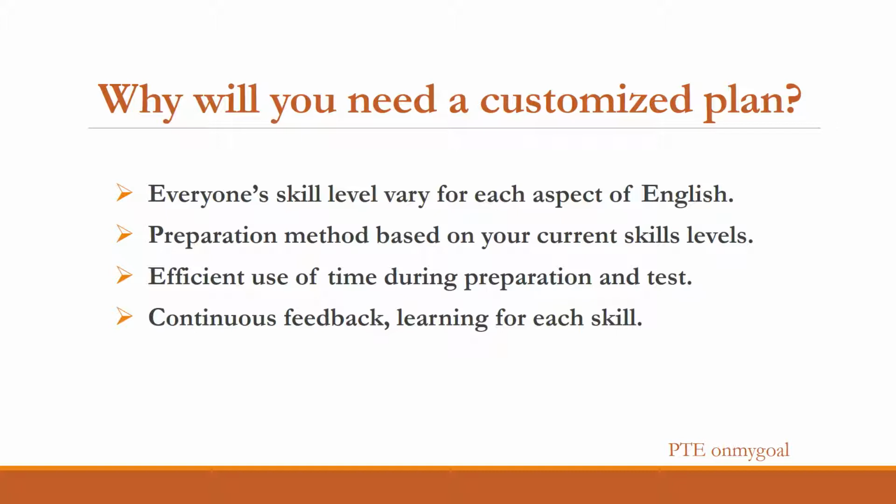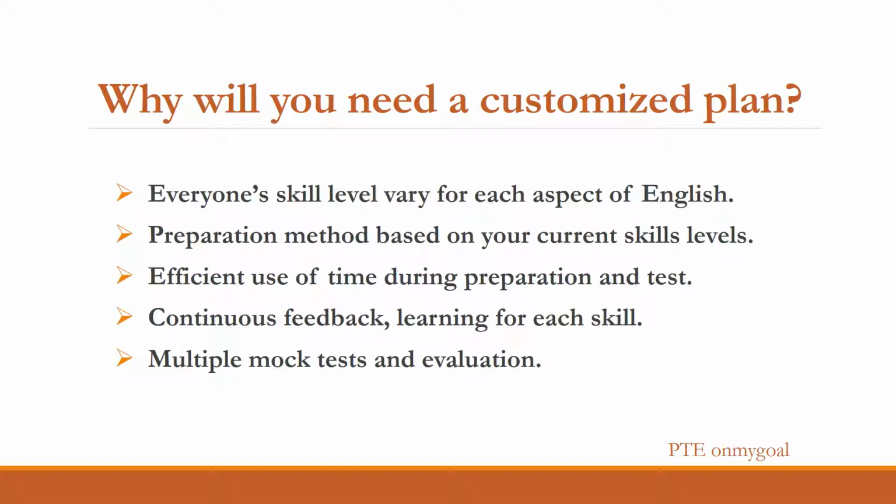The fourth aspect is you should have a mechanism in which you get feedback on your own or from someone else for learning each of the skills. Once you're done with learning of each of the skills, then you can go on to the next one. Once you're done with learning all of them, then you take a single mock test or multiple mock tests, evaluate yourself and make sure you are prepared to take the test, and you'll be able to score a 79 plus